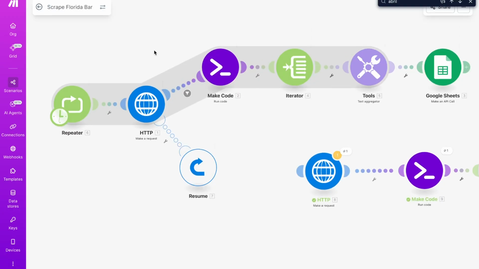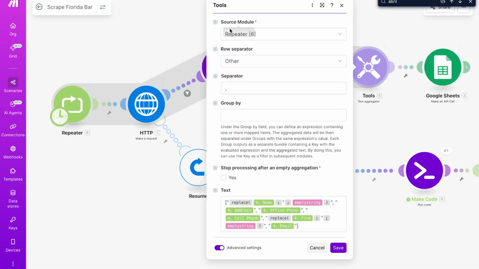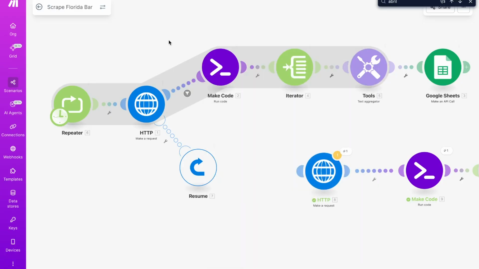And so once we run this, then it will just run as many times as we set in the repeater. And another thing you want to make sure is your aggregator is set to that repeater as the source module, so that you have the least amount of operations possible. So this is now all set up and you can run it, and then you will get all that data